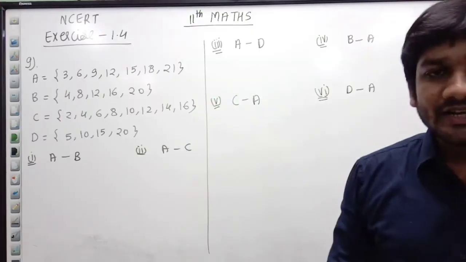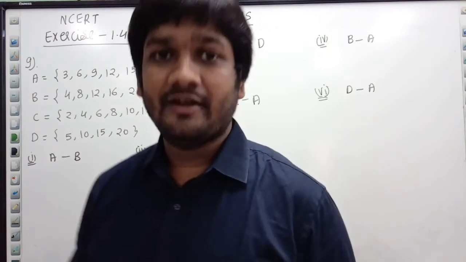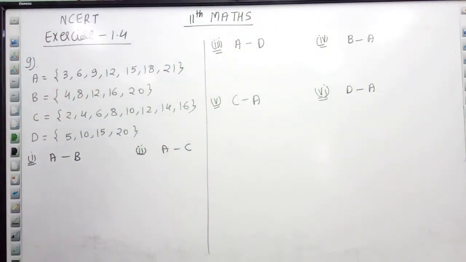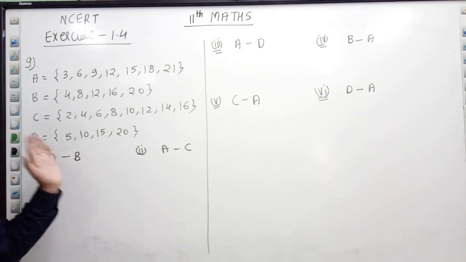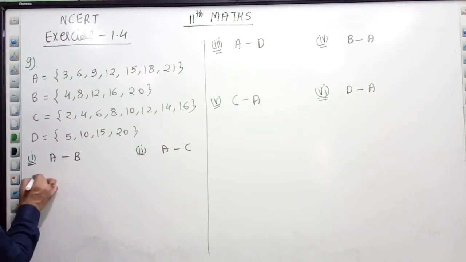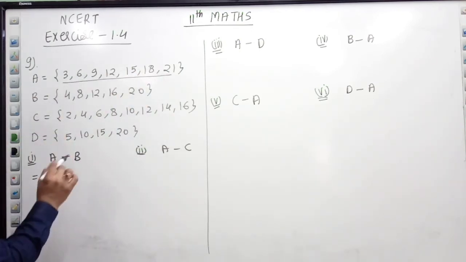Right. Now next question is we have to find the difference of two sets. Now how to calculate difference? जैसे मुझे निकालना है A minus B. So A minus B means all elements of A which are not the elements of B. Common elements निकालना है हमें. इसमें से left वाले side से A से. So A minus B में हम क्या लिखेंगे? A के elements देखो. क्या B के कुछ elements हैं क्या यहाँ पे?